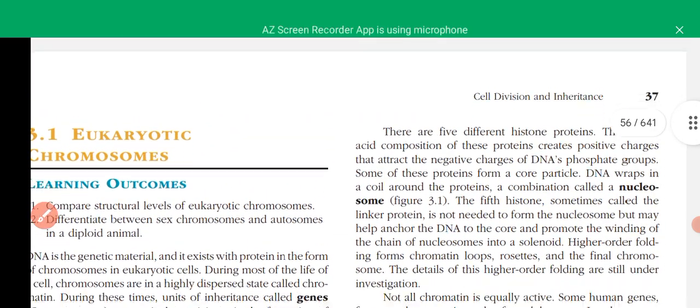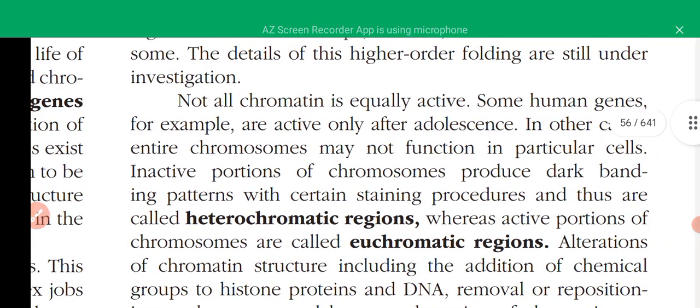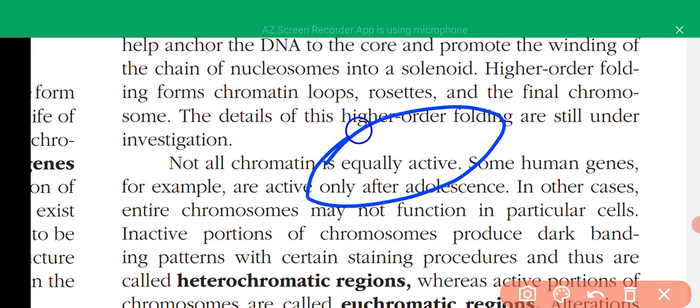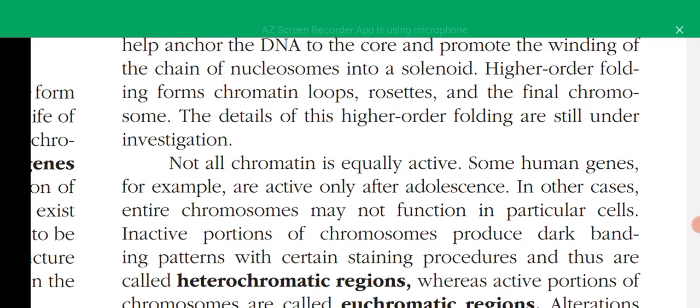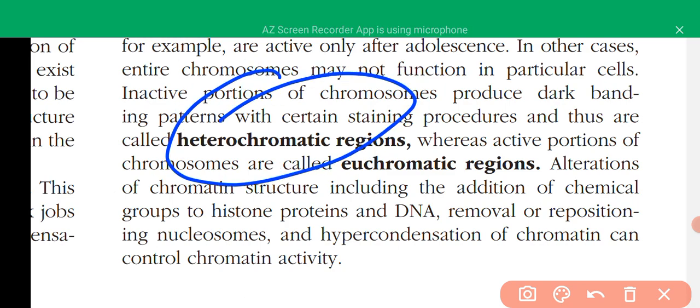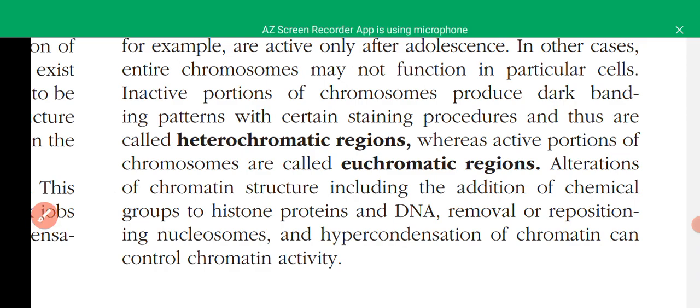Then chromatins may vary in different types, like there are the chromatins or the genes in the chromatins that are going to express readily, and they are called euchromatin, that is going to express. And there are other chromatins that are in condensed form, where the DNA is still condensed, and they are called heterochromatins. And some of these genes may express later in life, and some may not be activated ever in